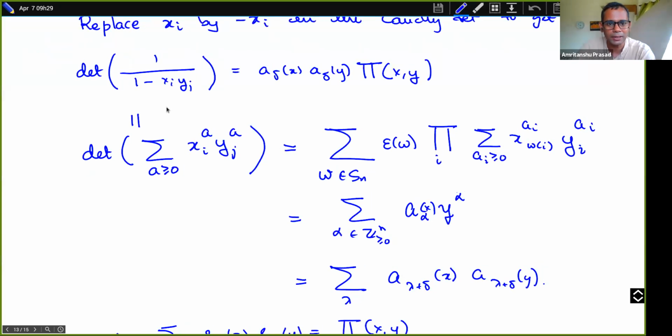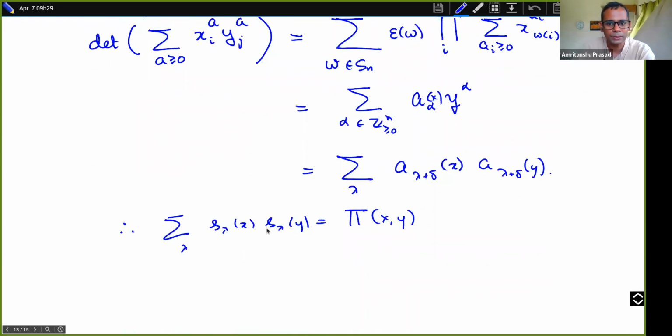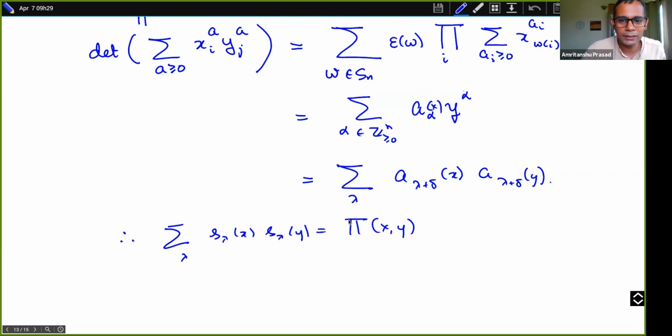and then we proved this expression for the Cauchy determinant, and using that we showed that the Schur functions satisfy this identity, where this pi(x,y) is just the product of 1 over 1 minus x_i y_j. And earlier we had seen that this implies that the s_lambda form an orthonormal basis for the ring of symmetric functions. So today I'm going to prove another two formulas for Schur functions, which